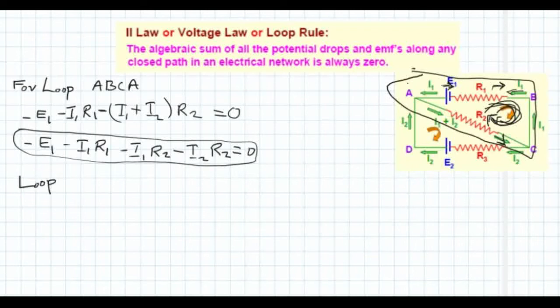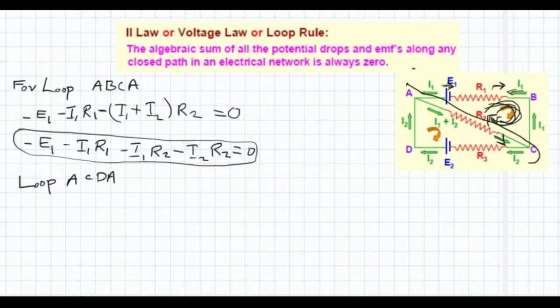Then similarly we can apply this second law for the loop ACDA. So for the loop ACDA, how will this equation come? So our loop is ACDA. So this is the loop. ACDA represents the loop for the present discussion, and this is the clockwise direction. So as I told you, clockwise direction current can be taken as positive. So I1 plus I2 should be positive, and here I2 is also in the clockwise direction.